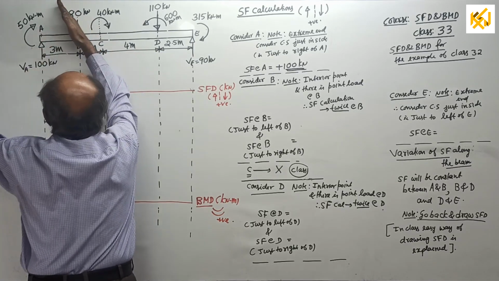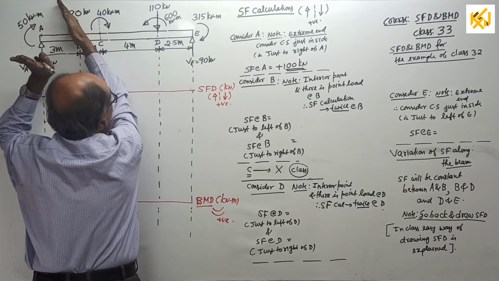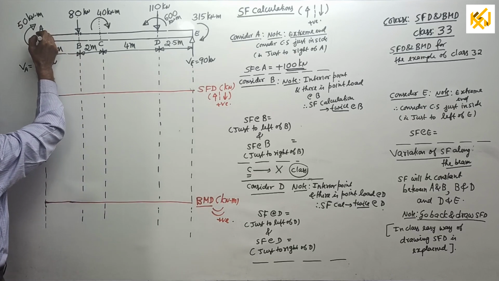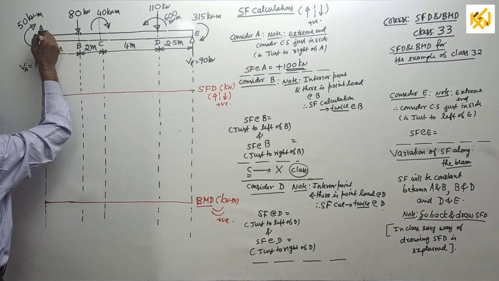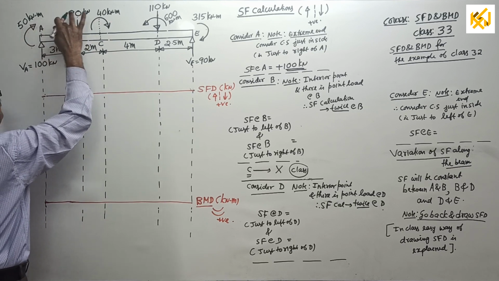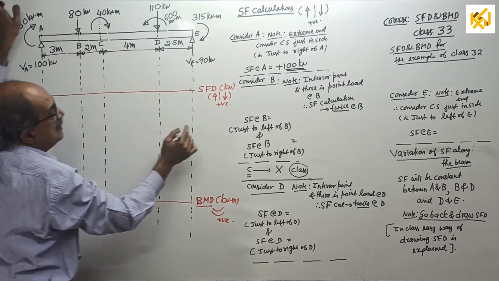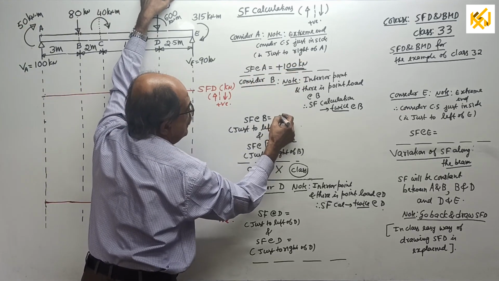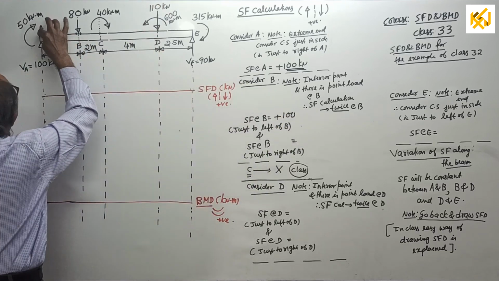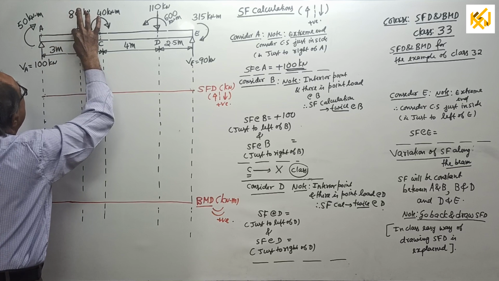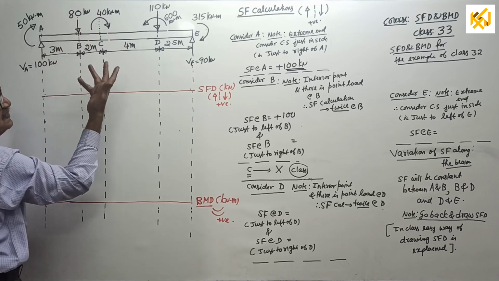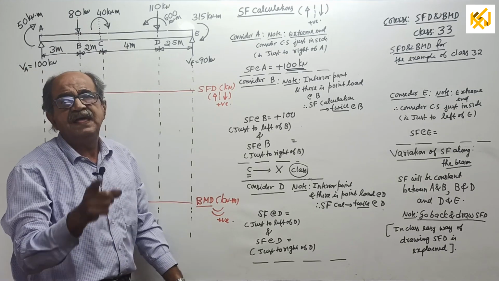See, look this side. What is the answer? 100 kilonewton. Or I will tell an easy method for you. Once you got shear force at A, 100 kilonewton, when you come to B, just to left, from A up to B, between them, what is there? First do one thing, you first copy the previous answer. See, already we got plus 100 kilonewton. Then, that is after A. From A to B, up to here, don't cross over. Till you reach B, in between, there is nothing. If there is nothing, I will tell, keep quiet.